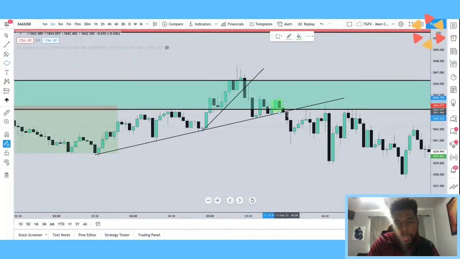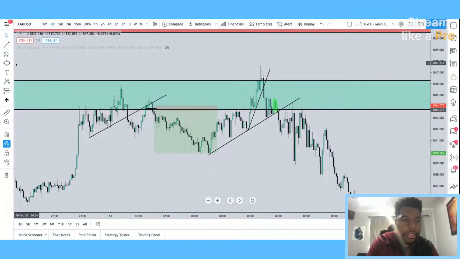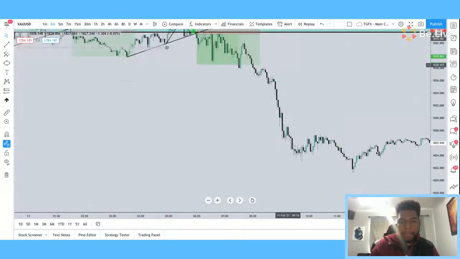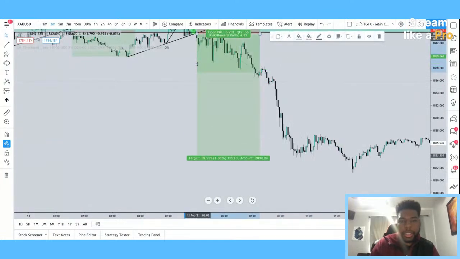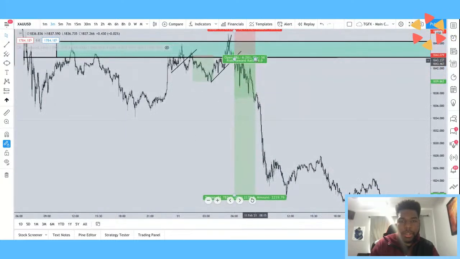Now, if you didn't want to enter there because you didn't know if that was truly a break, you could have waited for the retest of this overall higher or bigger trend line, and you could have taken a bearish engulfing here or here. Now you can see once you take that entry, this was the true push. All right, so once again, you could put your stop up here,